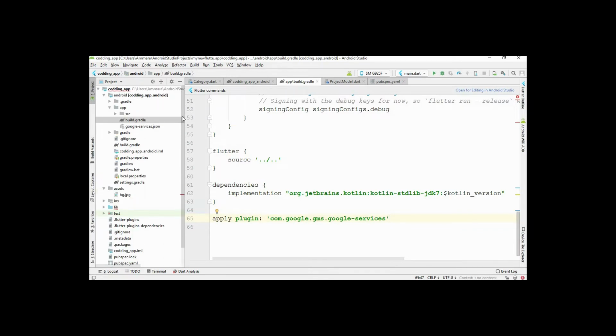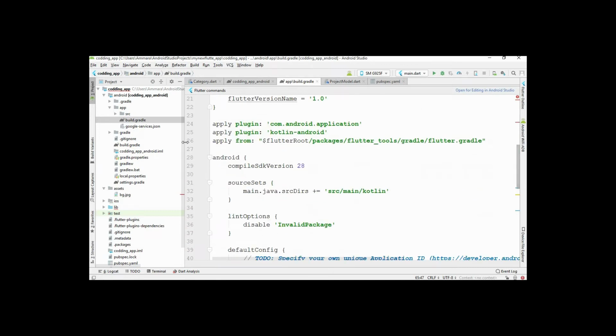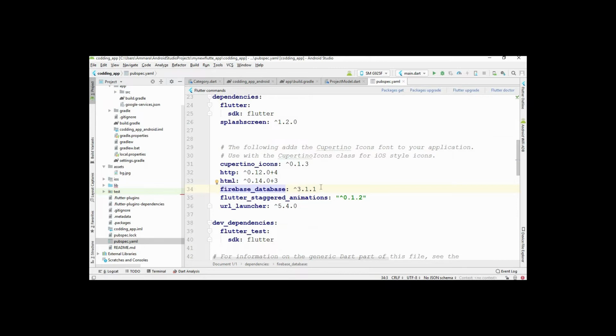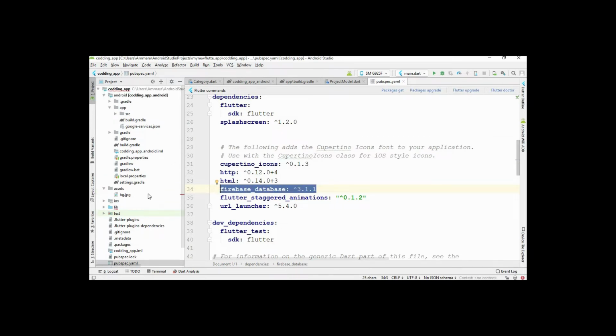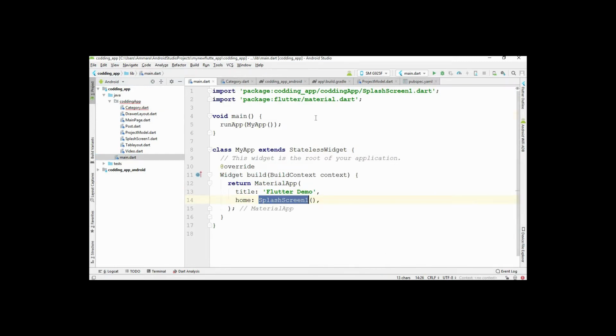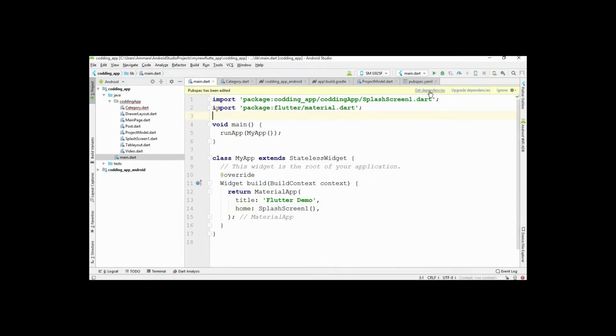Now we are done with the connection to Firebase, and we also included the database dependency, so now we can use the database. Select Android from here and open the main.dart file, and you can see Get dependencies.